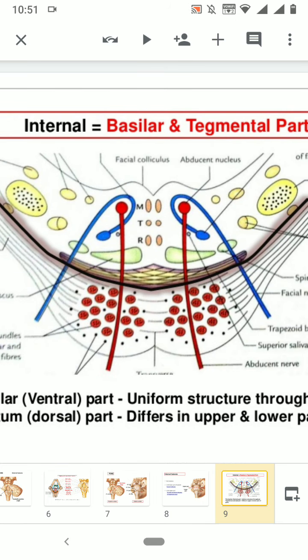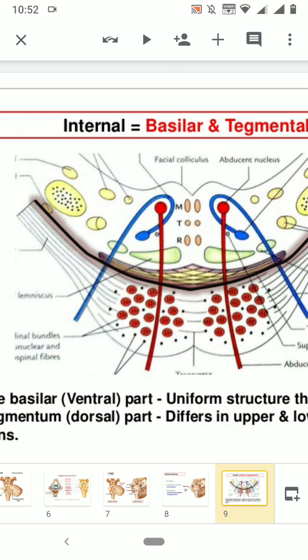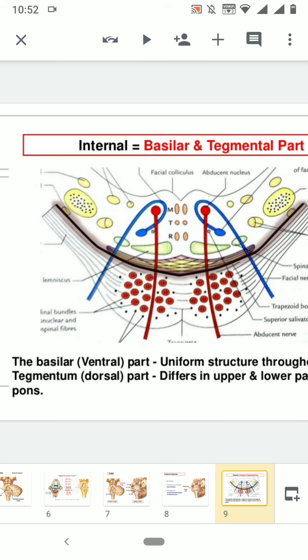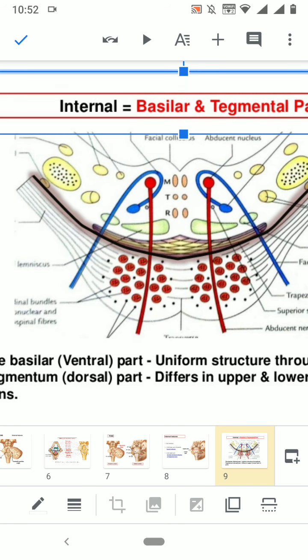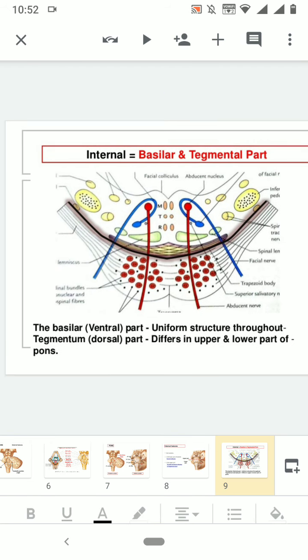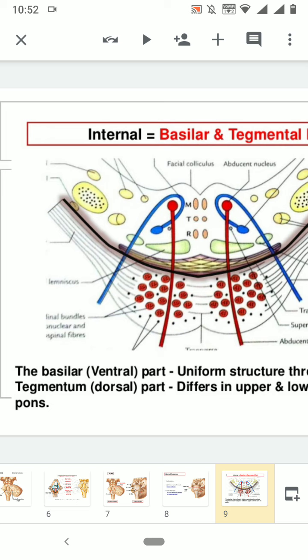So you can see over here, this is called the basilar part of the pons, the lower part of this diagram, especially this section, and this is similar in the lower half of the pons and in the upper half of the pons also. So to make it easier for you, we are putting it together. So in the basilar part of the pons, what are the structures we are seeing over here? We are seeing some black dots. You can see some black dots which are scattered throughout on both sides. Those are nothing but the pontine nuclei.